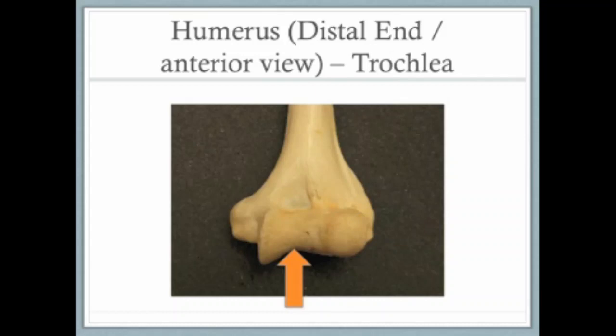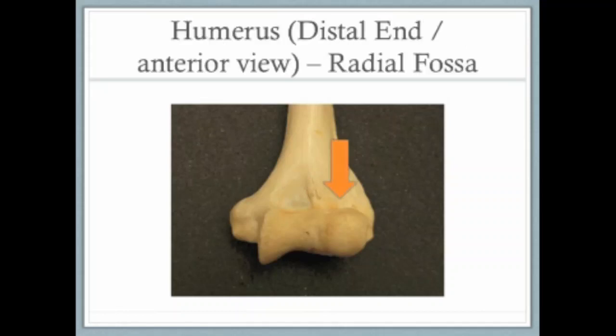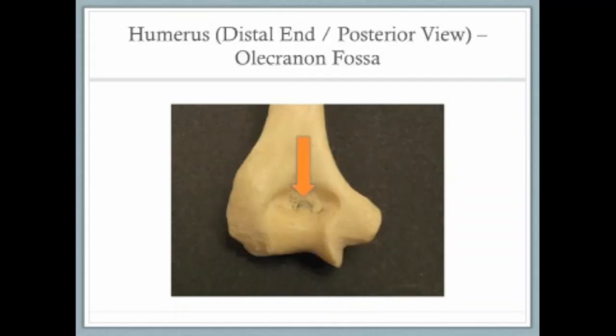And medial to the capitulum, we have the trochlea. The trochlea is where the ulna articulates with the humerus. The coronoid fossa is above the trochlea. It is where the coronoid process of the ulna moves towards the humerus. On the lateral side, you have the radial fossa. The radial fossa is the place that the head of the radius moves into. The olecranon fossa is found on the posterior side of the humerus. It is the place where the olecranon process